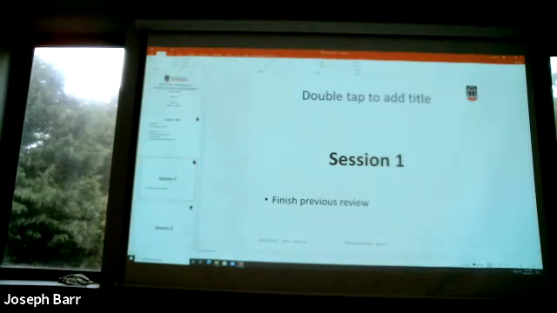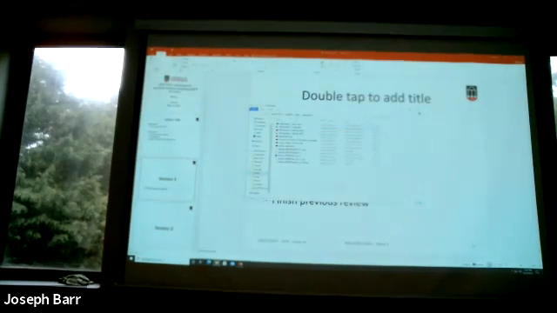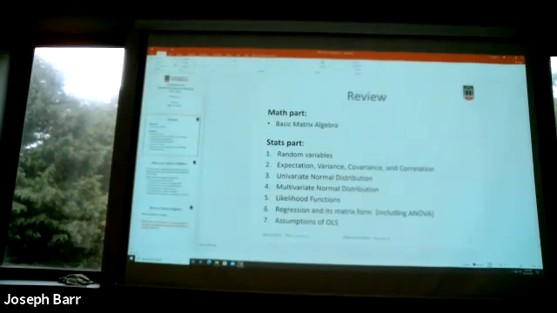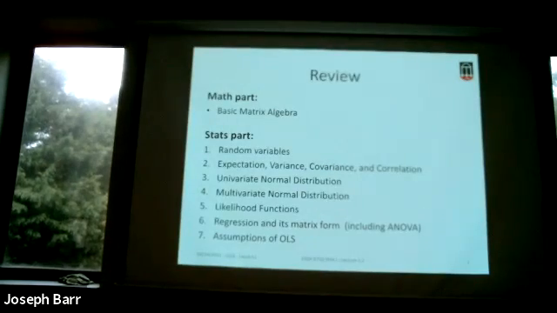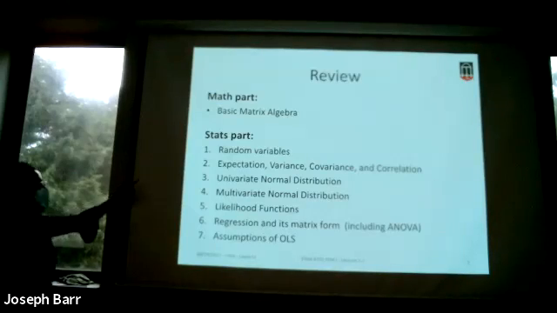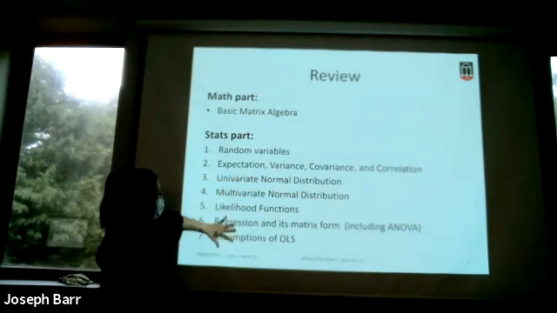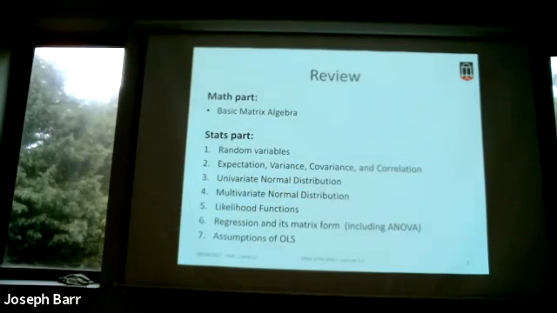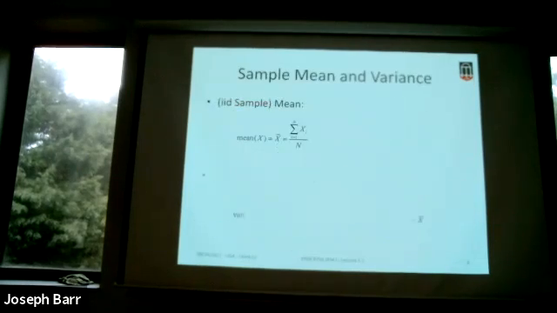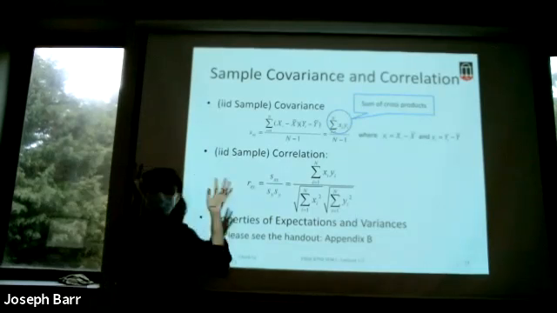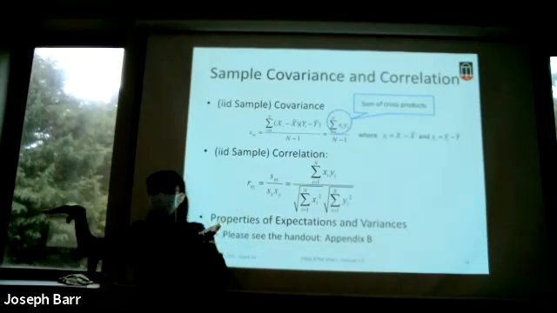So let me open the review slides. So we finished the matrix part. We talk about the random variables, expectation, variance, covariance, correlation, and I think we stopped there. And then we're gonna finish all of the remaining parts. Yeah, so we talk about the population version of covariance and correlation, and also we have the sample version of covariance